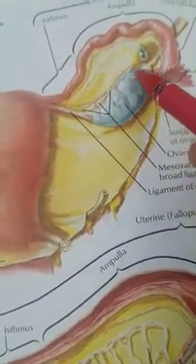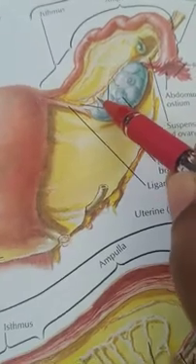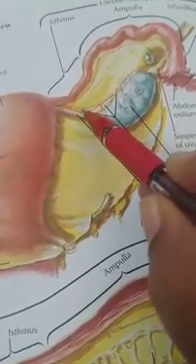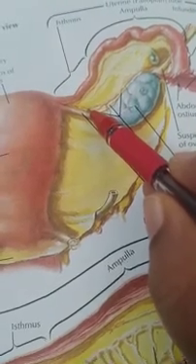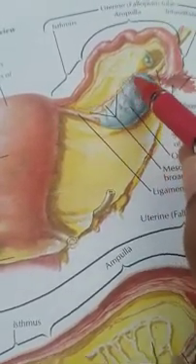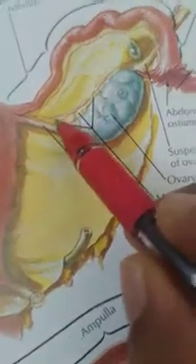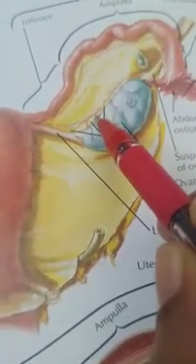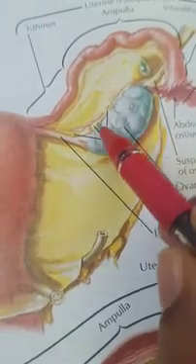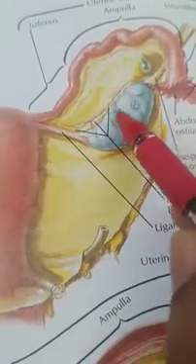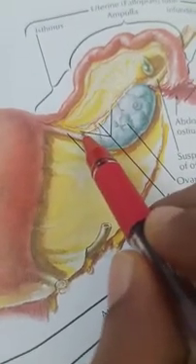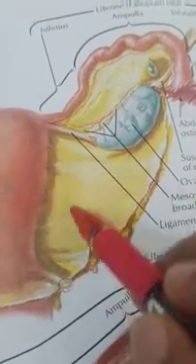Then comes the anterior border. This is known as anterior border or mesovarian border. This is straight border, and we can see the attachment of a fold of peritoneum. This is known as mesovarium. So this small fold of peritoneum here is known as mesovarium. Mesovarium is attached to the anterior border, or otherwise it is known as mesovarian border. Mesovarium is the fold of peritoneum. It's a part of broad ligament of our uterus.